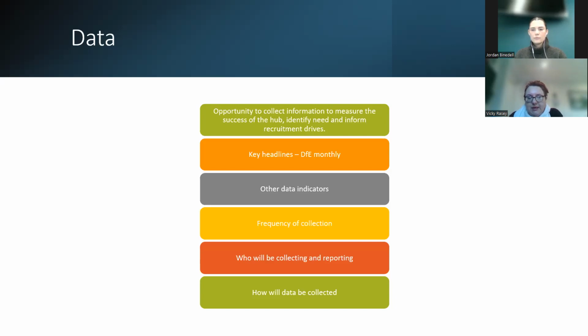How will data be collected? Generally through a case management system that we're showing here, and obviously via that interaction with the prospective foster carer and the fostering support practitioner. In terms of what happens after that referral to the local authority, then obviously that's your normal processes in collecting. But there will be an upload version coming back to the hub for those key questions.